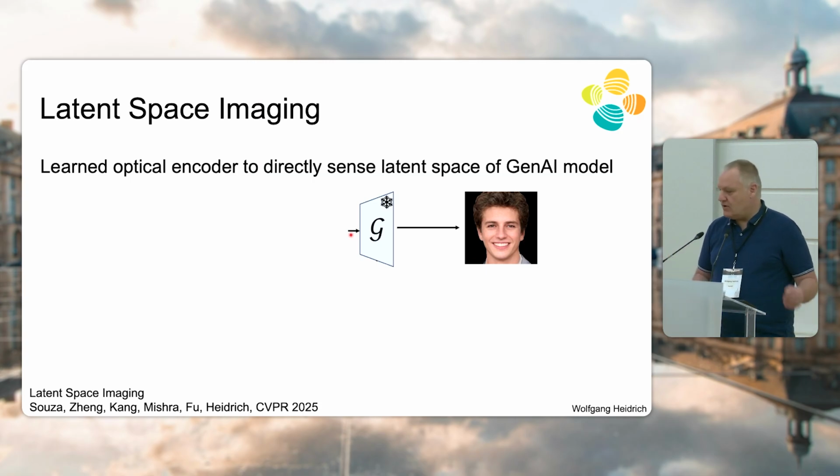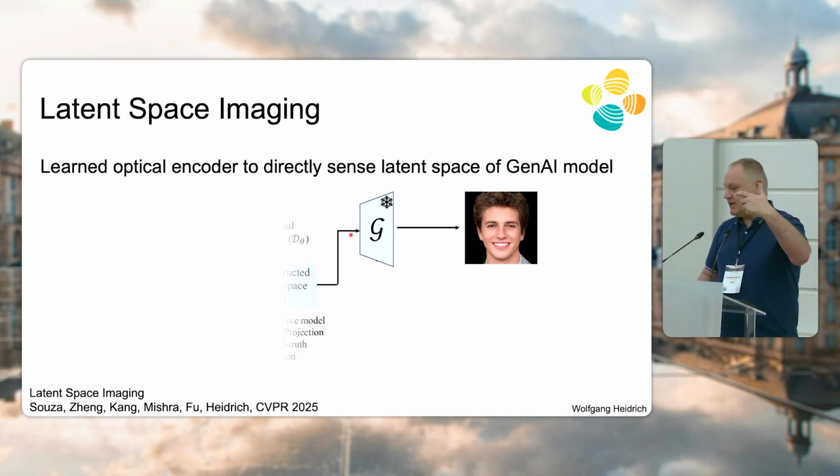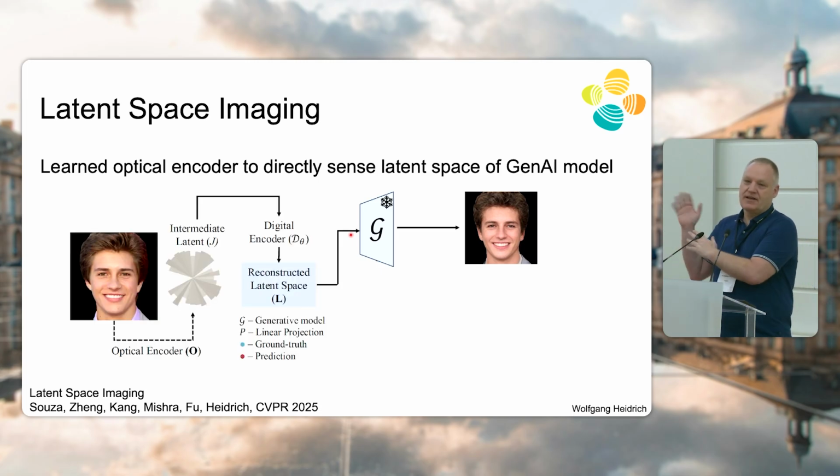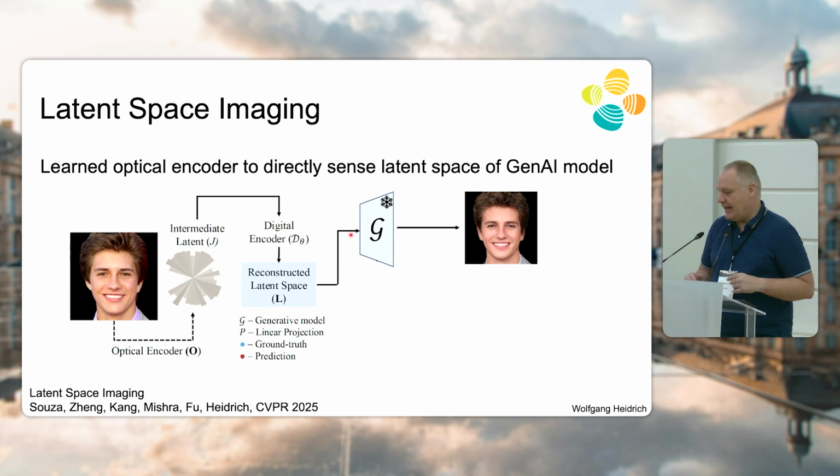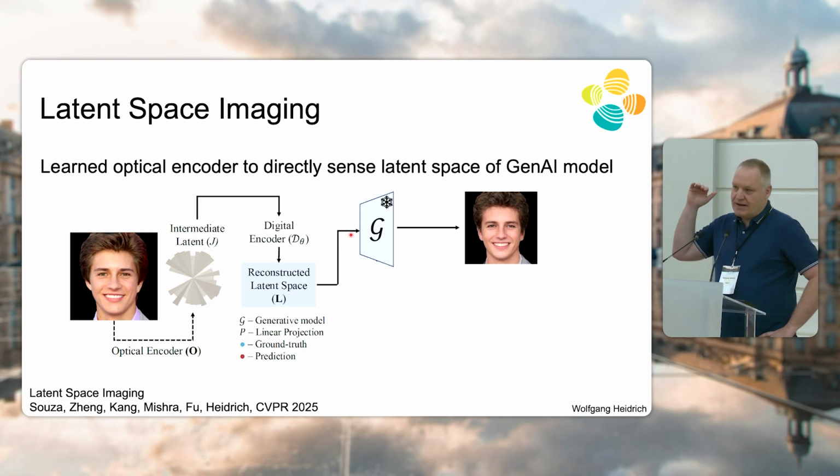So what we can do now is try to build an optical system that, rather than measuring images, actually measures just that latent vector, okay? We're hampered in this attempt by the fact that in optics it's very hard to do nonlinear operators, but what we can do is run linear projections of the image through an optical computing module. So we're taking our image and running it through linear projections,